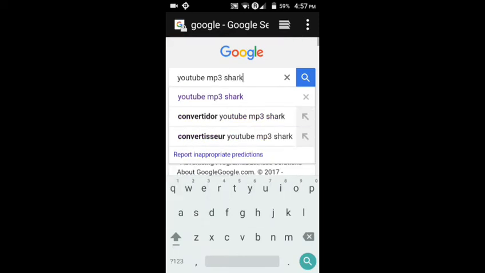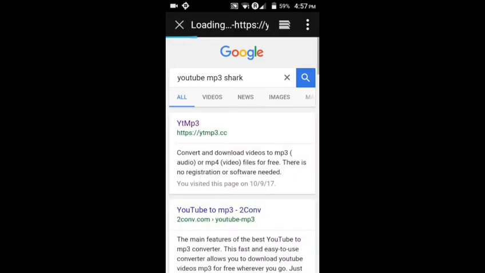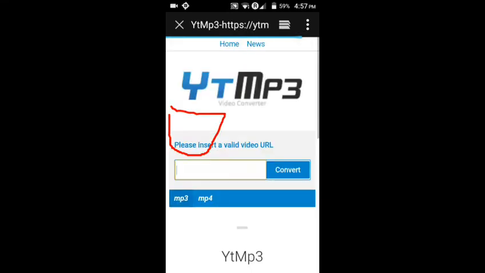Once you do that, you're going to search it, and it will be the first one that shows up, and press it.